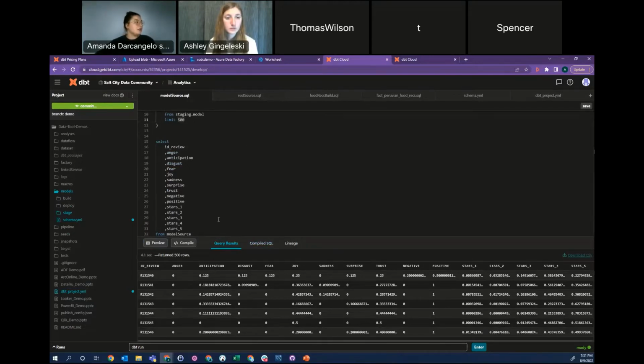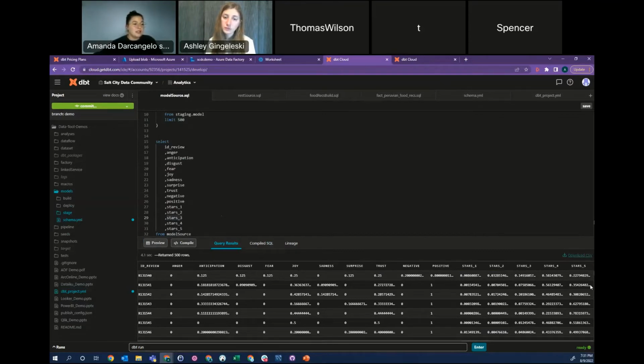Okay, so we can, control enter, run our query, and this is what we come up with as a result. So we can see the different scores. We have the review ID, and that gives us a bunch of different functions here, and then this is how many stars on average this is associated to. So it gives you kind of a bell curve of what that star rating is. So we can do different things here. Like we could say,